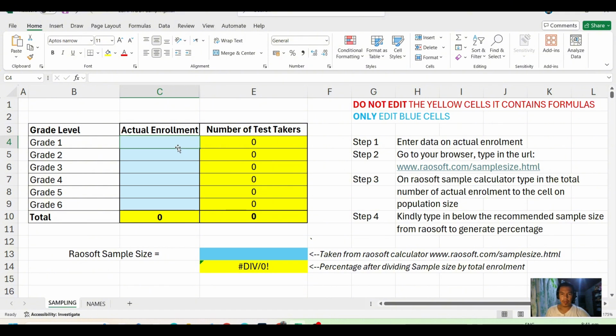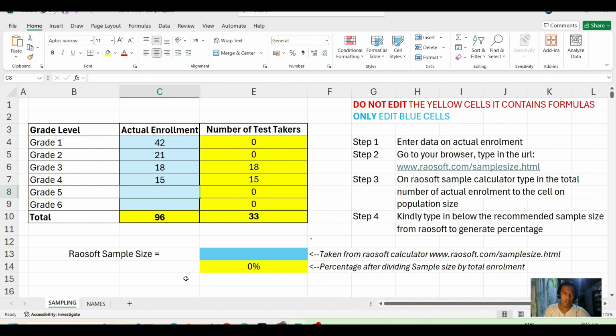So first step, we will enter the data on actual enrollment. Let's say for grade 1 you got 42 learners, for grade 2 you got 21 learners, for grade 3 you only have 18 learners, for grade 4 you have 15 learners.